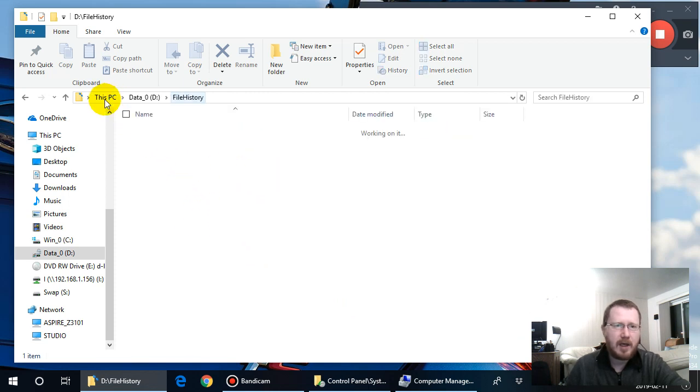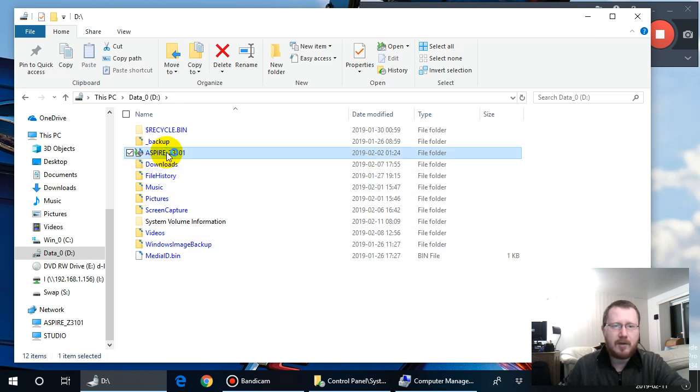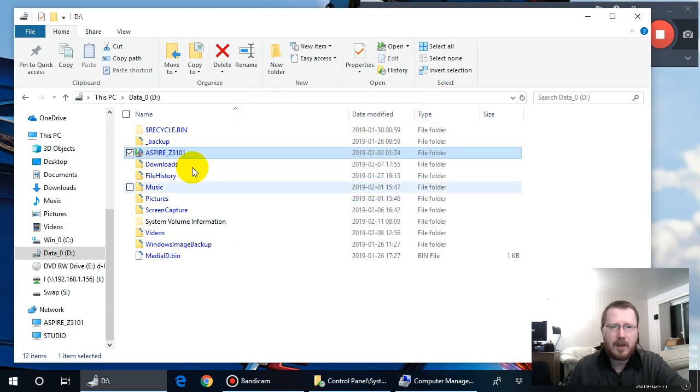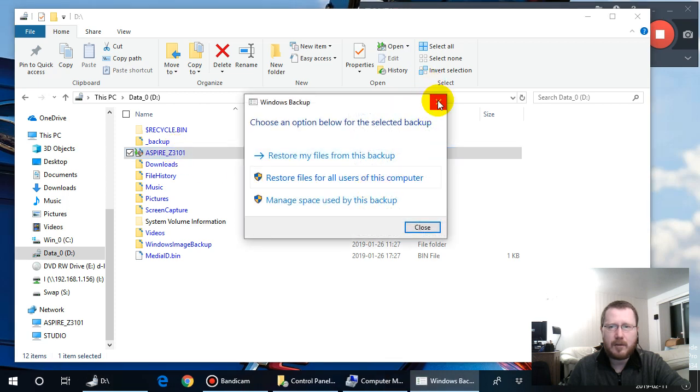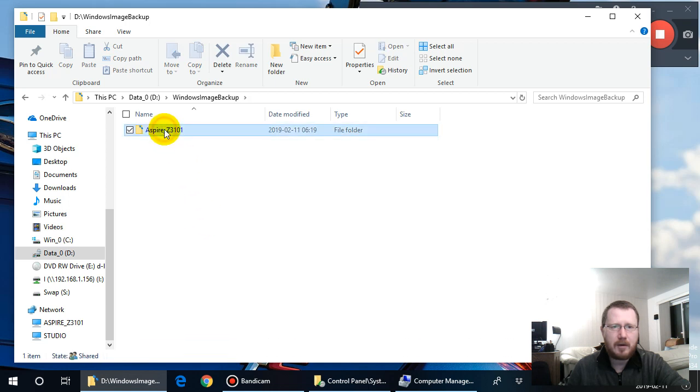Then if we go back out, we go to data, you see we have Windows image backup, and we have the name of the computer here, backup. This is where these system backups go. Oh, it's actually a special type of folder, maybe not even a folder at all. Manage space used, restore from backup, so we can't really even look inside of it. No, nope, nope, nope, we can't. But Windows image backup, computer name,